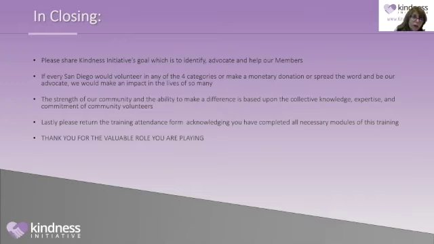And finally, in closing, please would you share our goal, which is to identify and advocate the many members in San Diego who are in need. If every one of us could identify with one of the 4 volunteer categories, or make a monetary donation, or spread the word, or many of those, be our advocate, we would make an impact in the lives of so